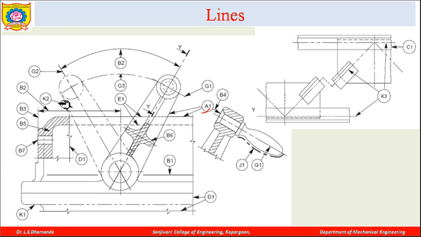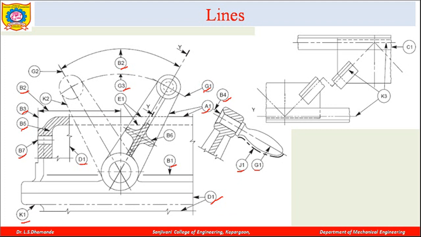Then there are different lines specified with B1, B2, B3 like this. Here you can see B7, B5, B3, B2. All these different lines are specified, and here also one more, B4. So many lines are there. This is B1. I am going to see what B1, B2, B3, B4 and A1 are. Similarly this is G1, then G3. Then there are some D1 lines, here also D1. Here there is G1 and here there is a J1 line, and here it is K1. So many different lines are there. Let us now discuss what exactly these different lines are.